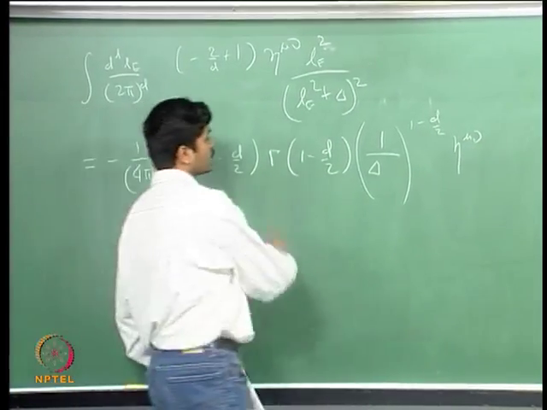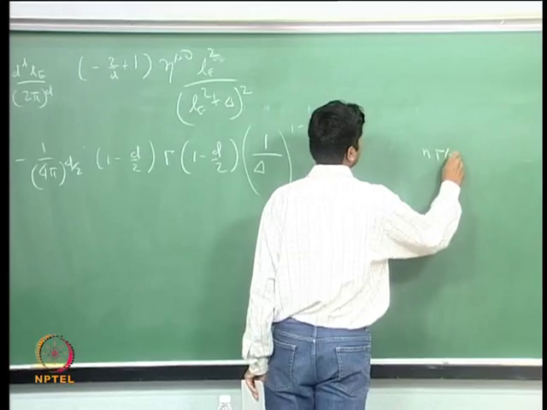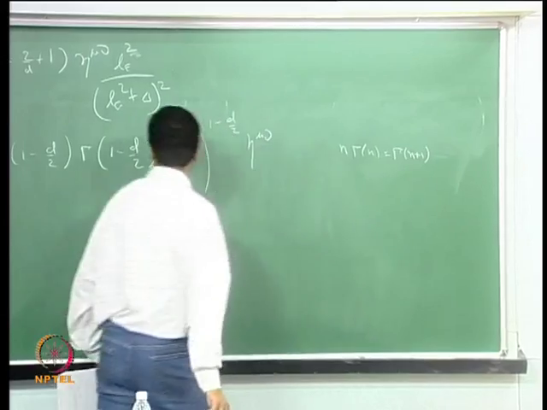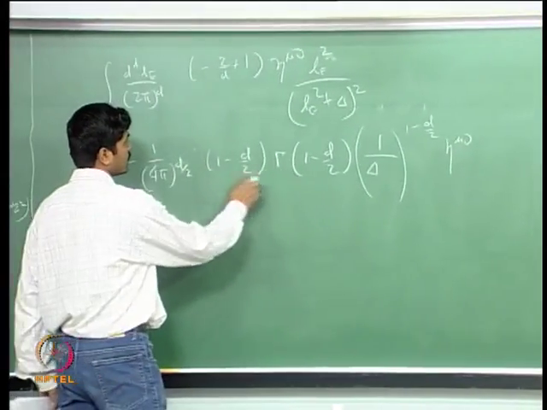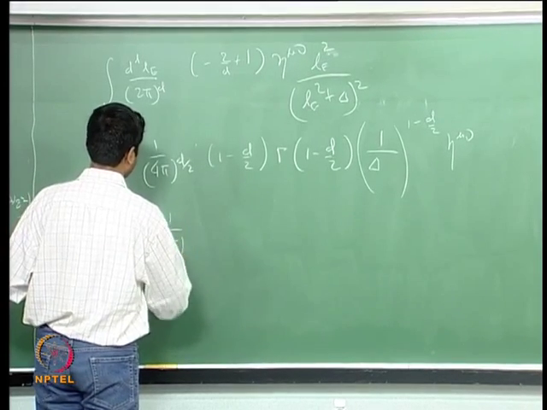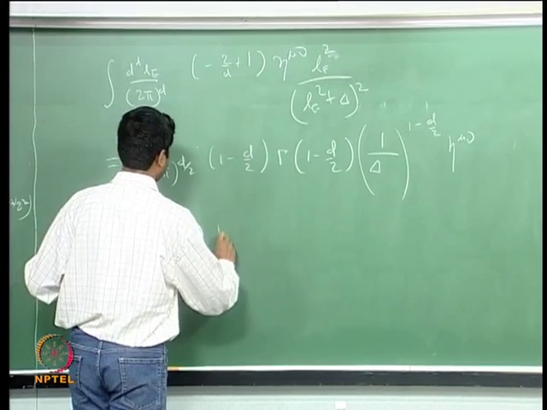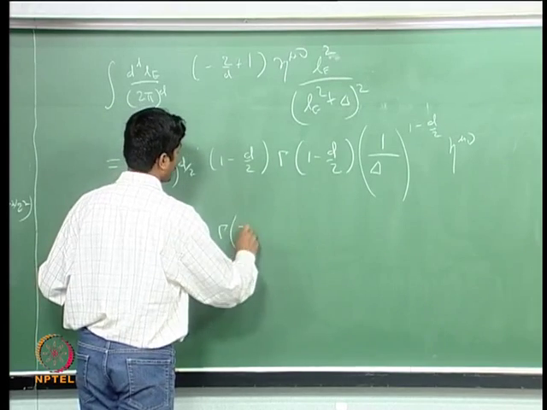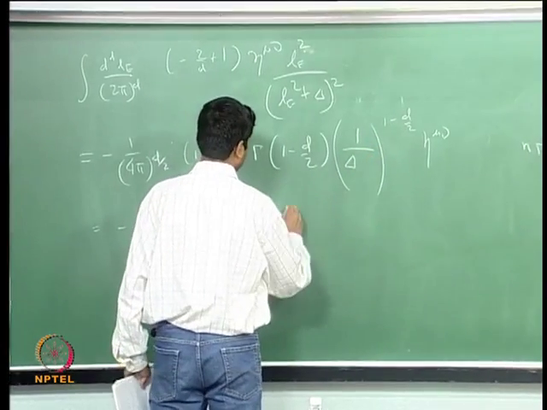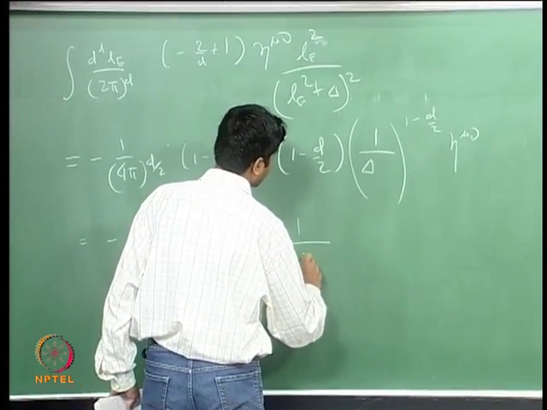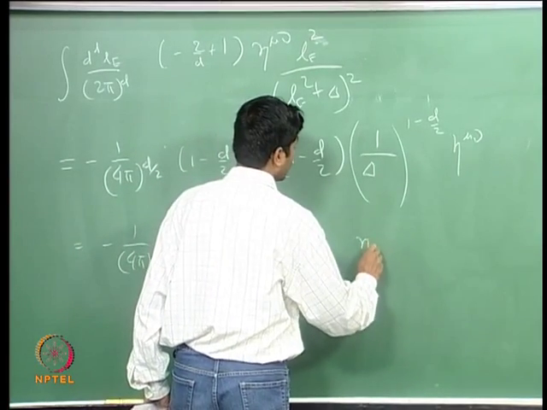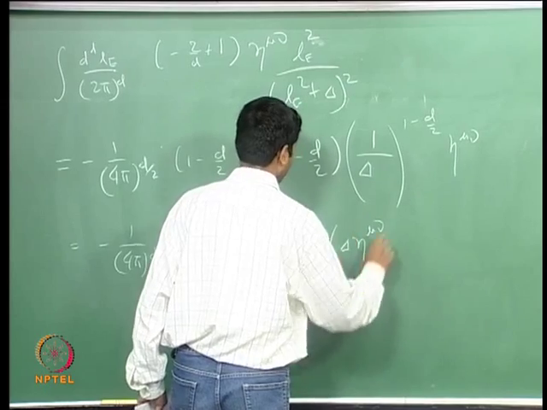Now, we will use the relation n gamma n equals gamma n plus 1 to write it as minus 1 over 4 pi to the power d by 2. This will simply be gamma 1 plus this, which is gamma 2 minus d by 2, and here if I write delta to the power 2 minus d by 2 in the denominator, then what I will get is eta mu nu times delta,